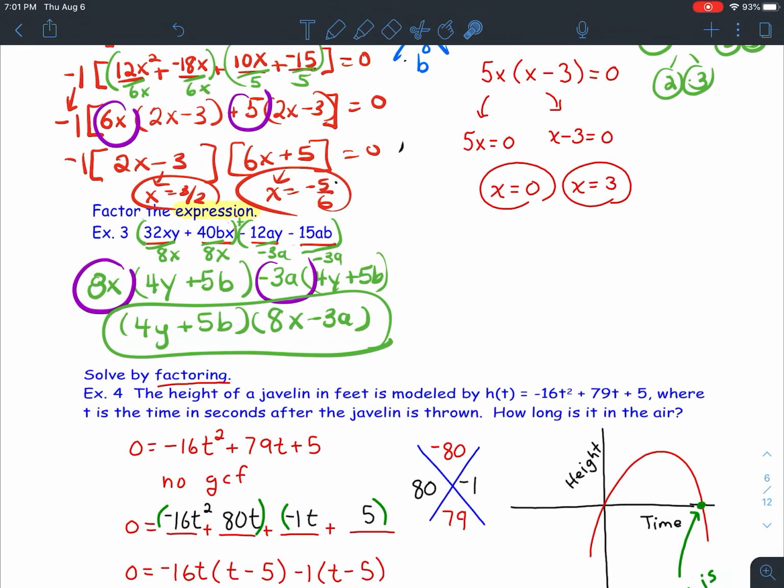You'll notice that this problem was an expression. It was not an equation, so we're not setting any of these things equal to 0 and trying to solve. We actually have all kinds of